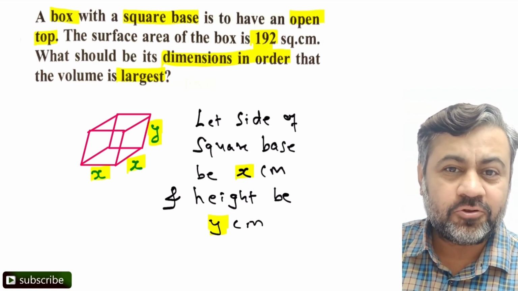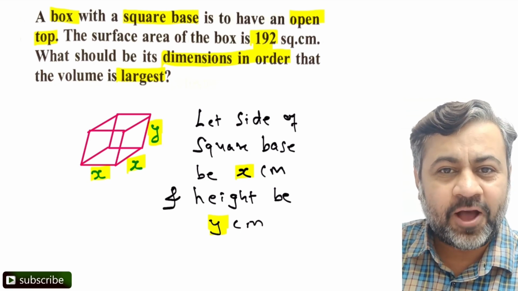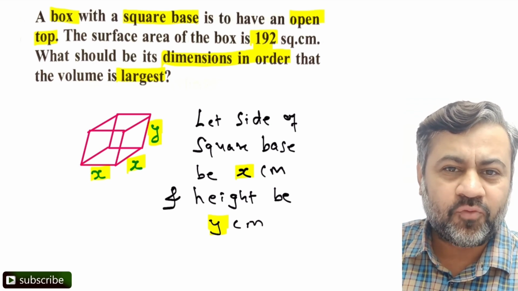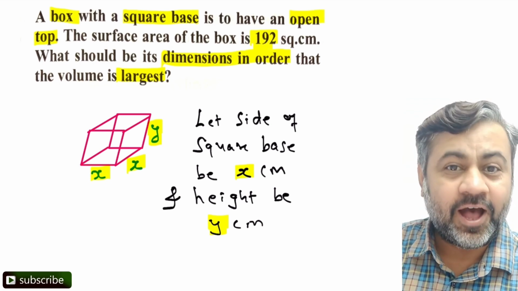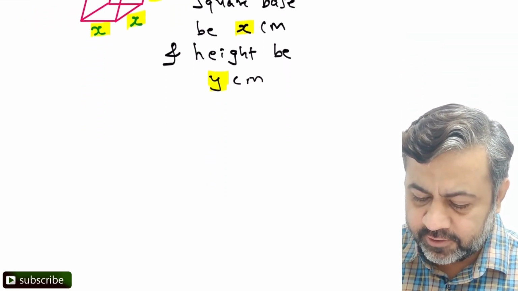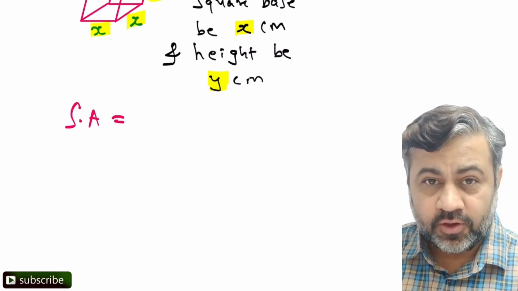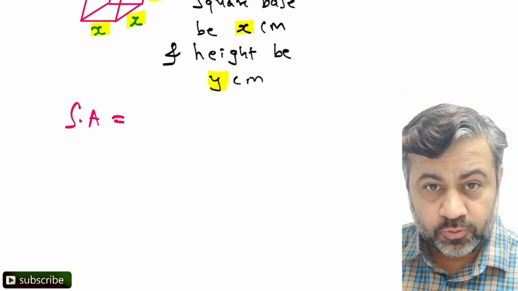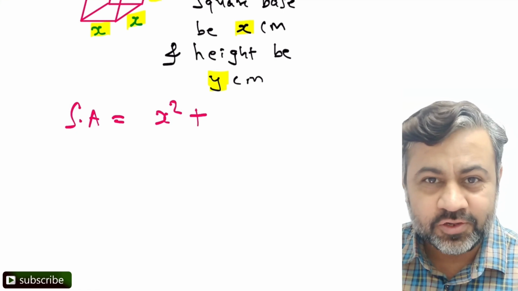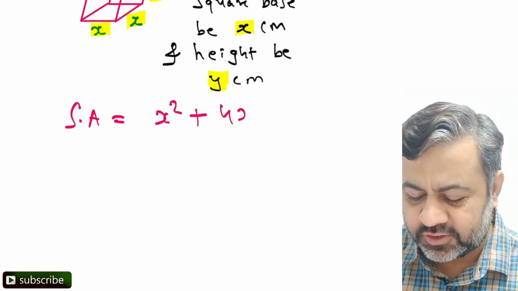ठीक है, तो that is length into breadth into height. Length and breadth दोनों x है, height is y. Now वहां पे y का value रख के आप problem solve नहीं कर सकते, so you need to convert y also in terms of x. How to do it, let's observe. So what we do here is, the first thing we write here is surface area. Now I'm taking care that एक तो base है जो square है, so I'm saying x square, and you have 4 walls, top नहीं है, 4 wall है सिर्फ, so 4 times xy.